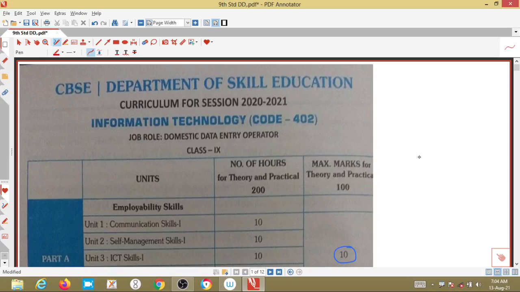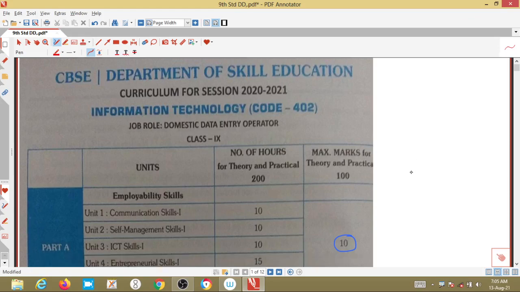Hi guys, in our previous class we have seen what are the topics covered in your 9th standard. There are 4 parts and we have seen some of the basics. Briefly, within 2 minutes, we will go through the things we did in the last class, and we will start with today's session, that is introduction to Apache OpenOffice Writer.